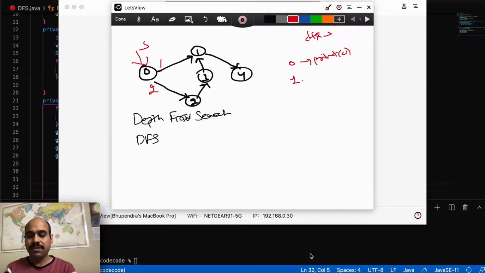Now your source vertex will become this 1, and you will print this 1. Okay, now again we'll do the same thing. So we'll try to find an unvisited vertex which is a neighbor of this source vertex 1. So we see there is only one vertex, so we'll move here. So source will be moved here, and we will print 4 now.